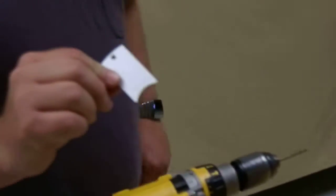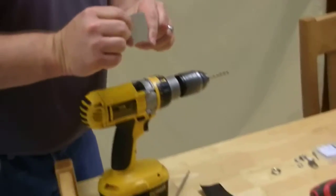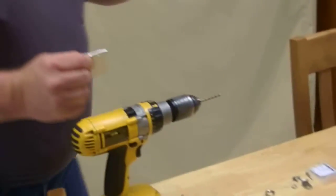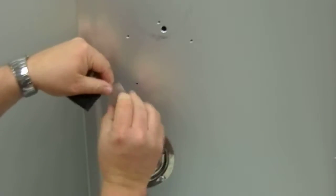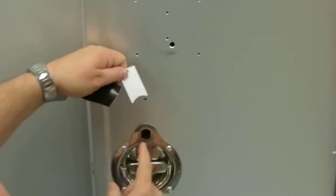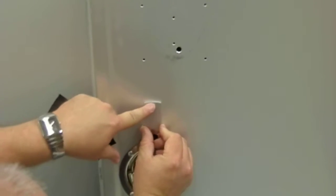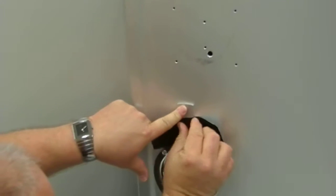This spacer comes with the new kit with the lock, and you'll use it to locate this hole on the door so that you can put this screw through it. So I use a piece of tape, makes it easier. You can see we already have a hole there, but normally you won't, and we use this spacer. I've already done this once. And the radius side right here of the spacer matches this radius. Just set it right on top of it. Just balance it there and kind of eyeball it straight up and down and put a piece of tape on it just to hold it in place